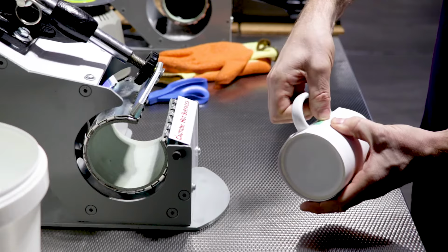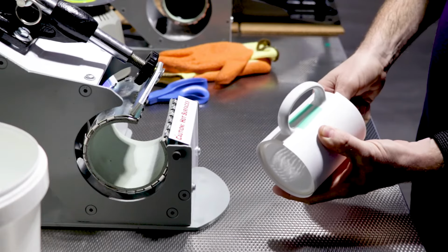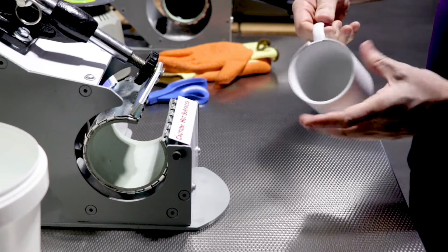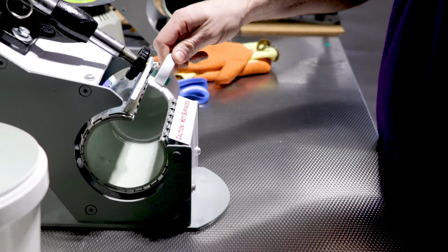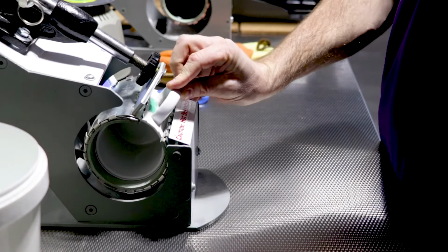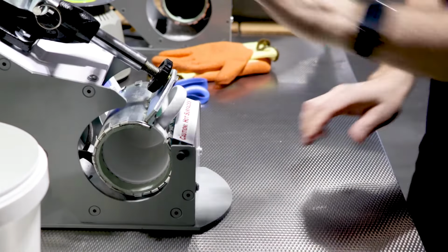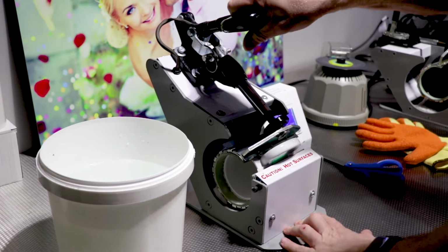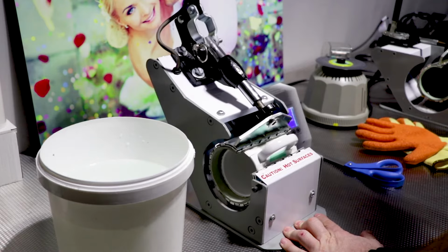You need to keep the printed transfer nice and tight around the coffee mug, and then place centrally into the heat press. And press with the recommended times, temperatures and pressures. And once the timer has elapsed, remove from the heat press